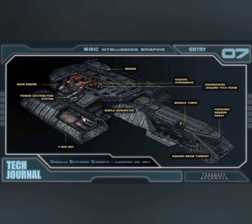With a crew of roughly 200, the ship is armed with a wide assortment of weaponry, both human and alien in origin. The ship also embarks 8 F-302 fighter interceptors in its hangar bays. The ship is equipped with powerful sublight engines and an advanced Asgard hyperdrive, allowing the vessel to travel huge distances in surprisingly little time. When taken together, the Daedalus class represents the most powerful and modern class of vessel operated